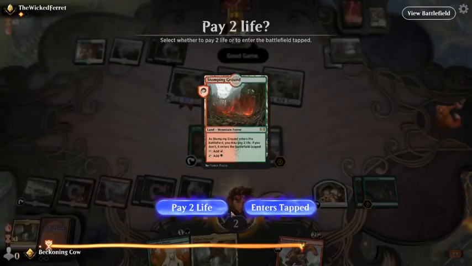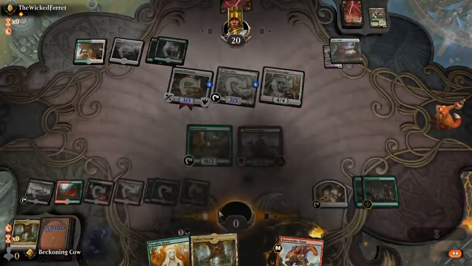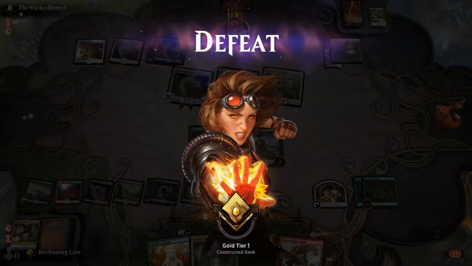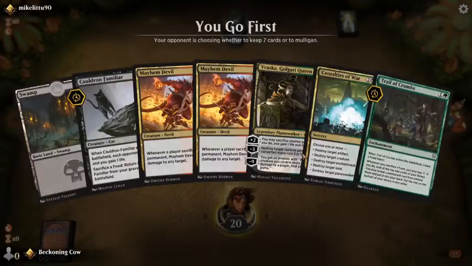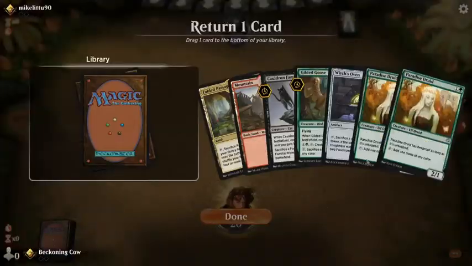Yeah, that's his. Let's go on our own terms. Alright, well, into the next game we go. We can't win them all. Okay, into this game we go. We can play first. I'm not looking at it because that's not a good hand. I mean, we can keep this. Still not looking great, but